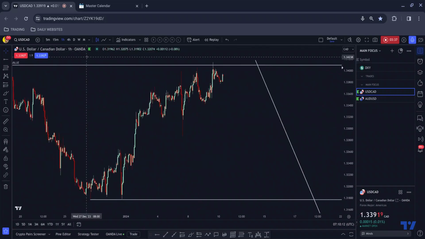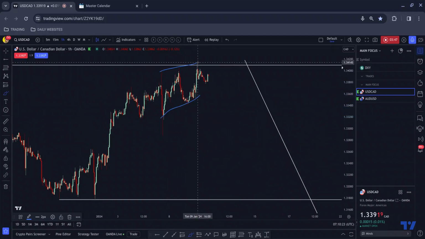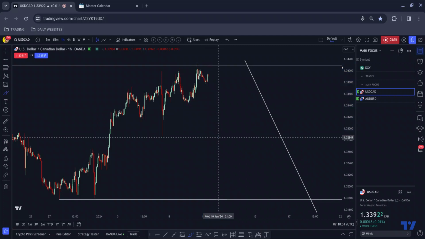Okay, and if we just switch to the line chart, you might be thinking, well, surely we've already had a completed reversal structure. Well, first of all, sometimes what we see when we have these completed structures is a scoop back up, a double top and a drop. Okay, we see that sometimes. And also, if we just switch to the line chart,